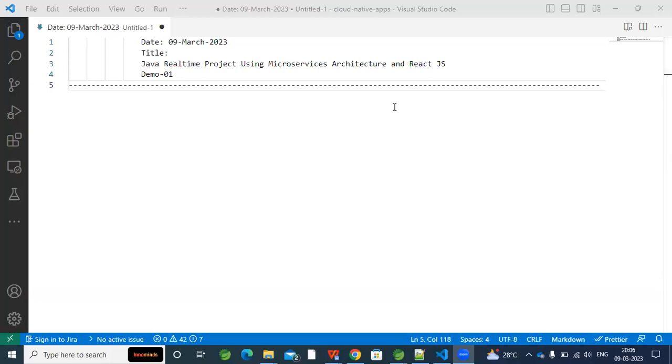Welcome to the demo 1 of Java real-time project using microservices architecture and React.js. So what is this project about? As this is the demo 1, let me talk about general topics: the current market, and what the current market expectations are from a software engineer, right? And what are the current expectations from a senior engineer or maybe entry-level engineers, and to whom this project